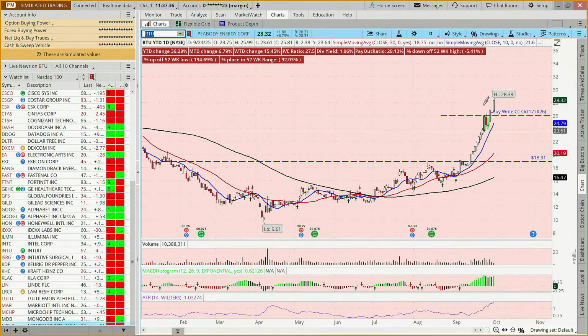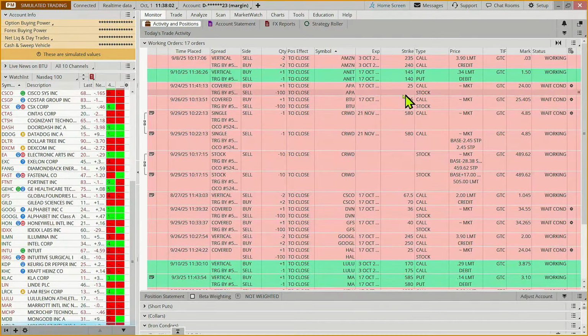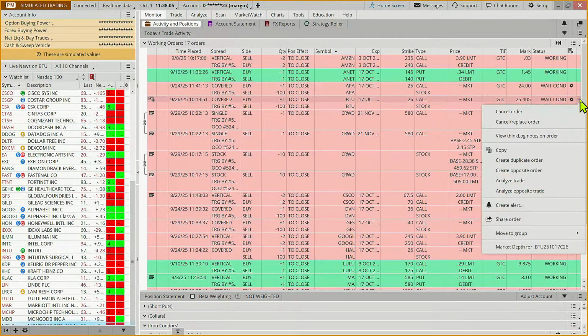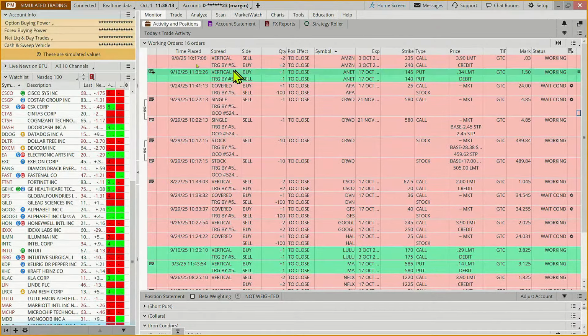But you could also choose to say, well, I'm at $25.46. I can only make another $54. I'm going to take the money and run. I'm already up 7% on this investment. And I just placed this trade a few days ago. And it's a stock position. And so if you wanted to exit this trade, you'd come up to BTU and you'd say, okay, I'm going to cancel this exit because I'm going to take the money, ring the cash register, and exit the position.